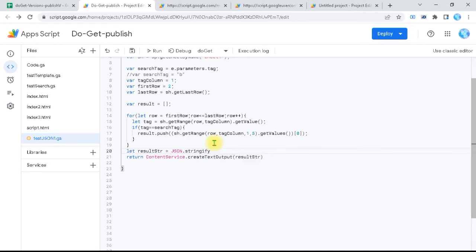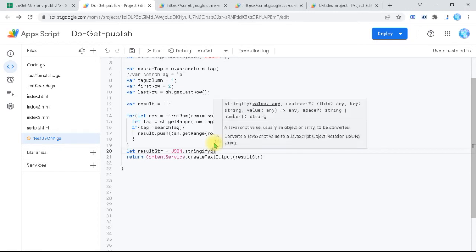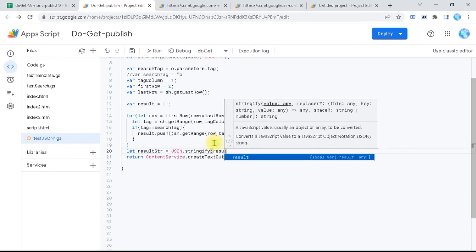Stringify means that you convert whatever is coming within the stringify into a continuous string, so it can be transmitted, and on the other side it can be decoded again as the JSON object using the parsing to return the original data that we had sent. The JSON object can contain arrays, objects, strings, booleans, and numbers. So stringify result, which is our array that we used to generate,